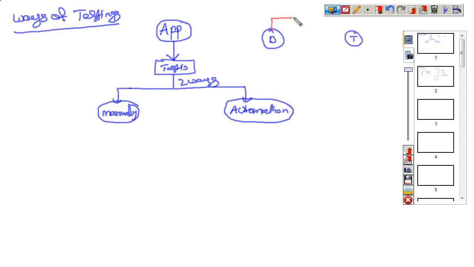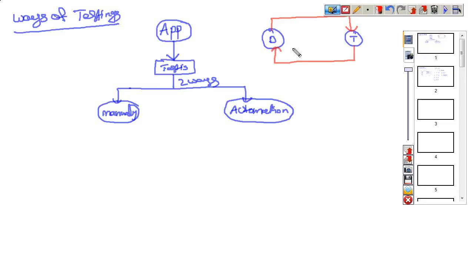The developer develops the application and gives it to the testing department. Using that application, the test engineer will verify and validate and give the defects to the developers. This process will continue until the application is defect free. So this is simply testing.